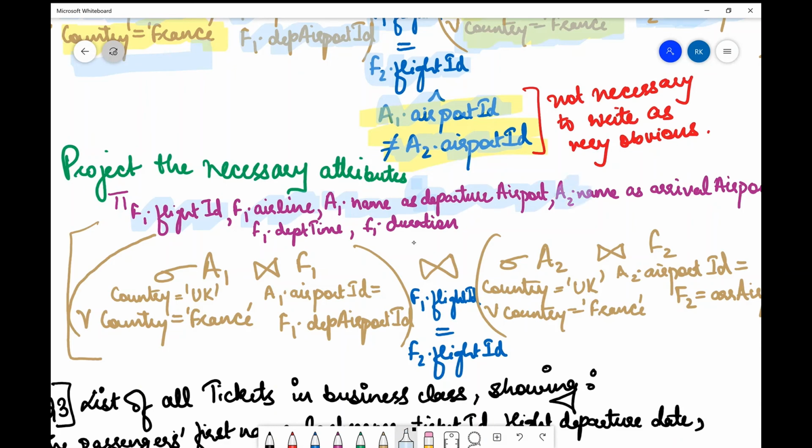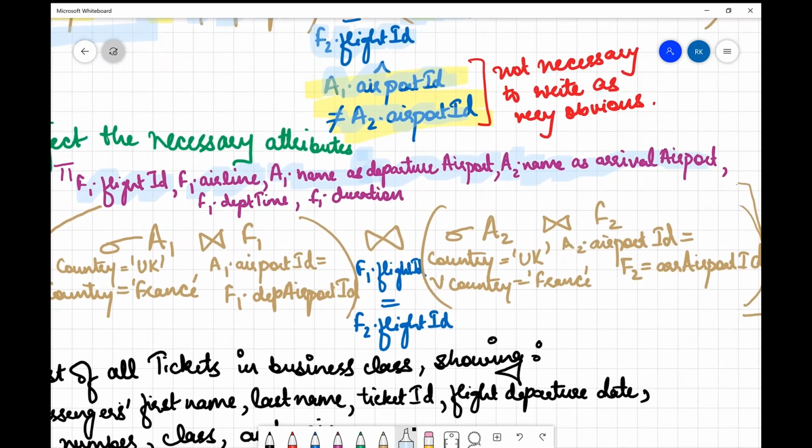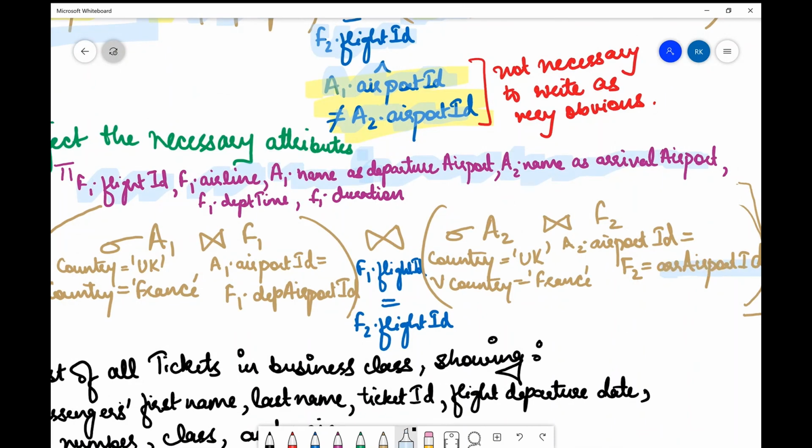Similarly, I have done A2 dot name as arrival airport, because this is the arriving airport; we have placed it with this condition of arrival airport ID. Then F1 dot departure time, F1 dot duration. Since F1 and F2 flights are same, we can project the attributes with F1 or with F2.